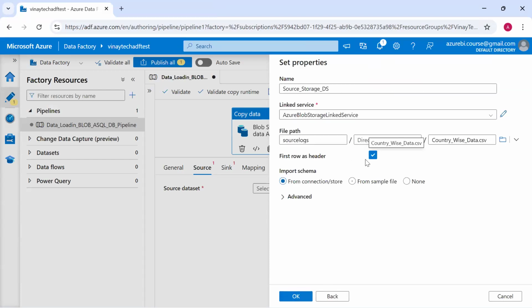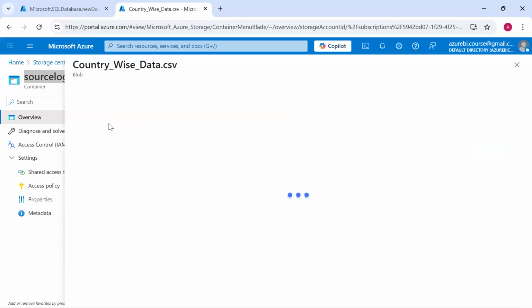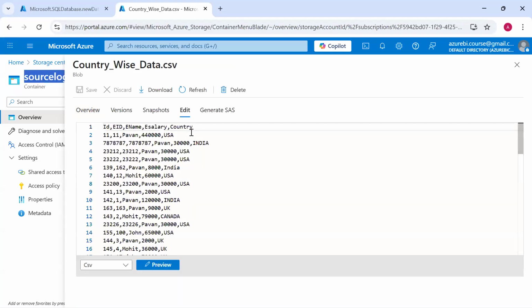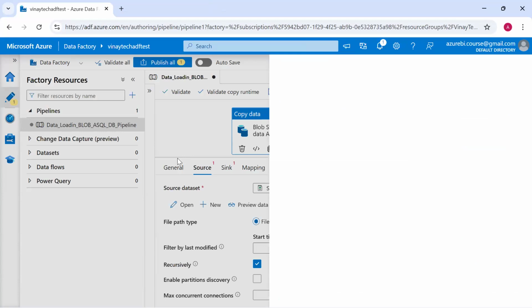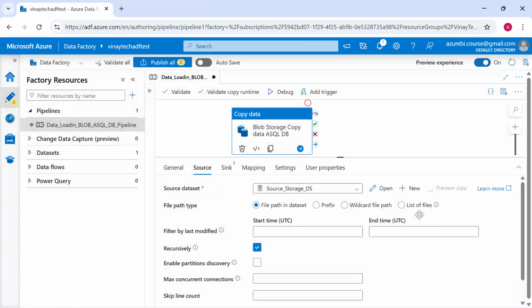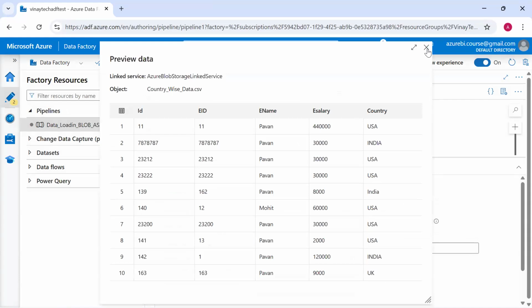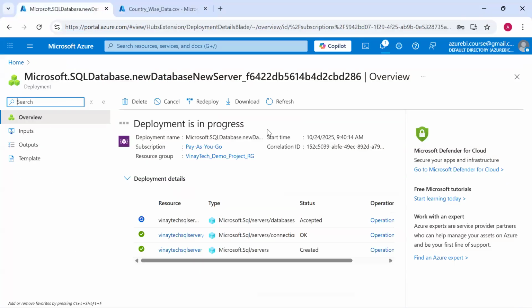That's it. Is the first row a header? Yes, sir. There is a first row. There is no data. The first row I am going to treat like a header only. So yes, tell it that there is a first row as a header, and click OK. That's it. Your source is ready. You want to preview the data? Preview the data. See, data is ready. Where do we want to load? We want to load into the database, which is getting deployed.